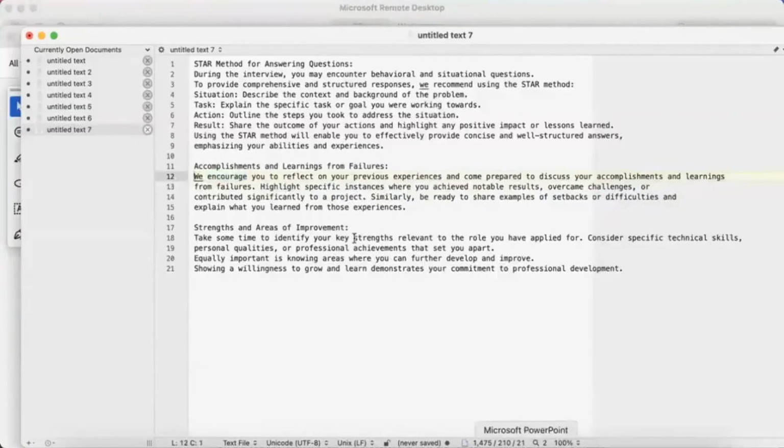Accomplishment, I have this document also. That is going to be a big help to me because of the failures in my interviews, I'll become a little stronger once I know what I'm doing. Accomplishments, and these are the things: what are the accomplishments and learnings from failures? An example, if we go over that,